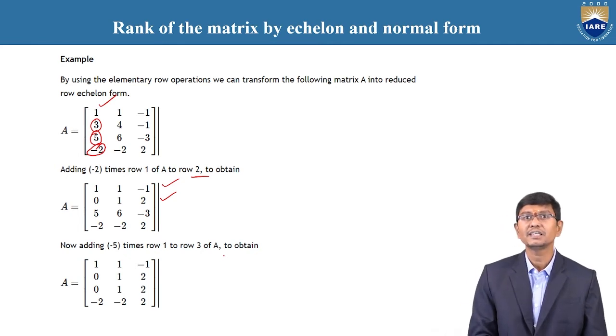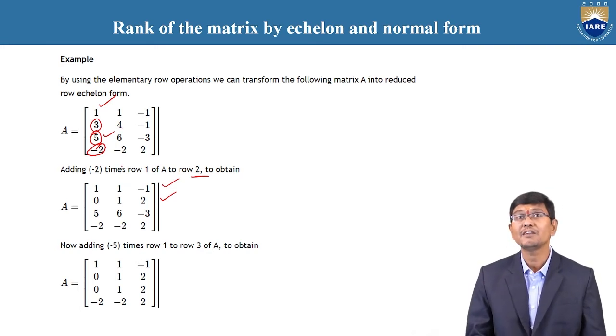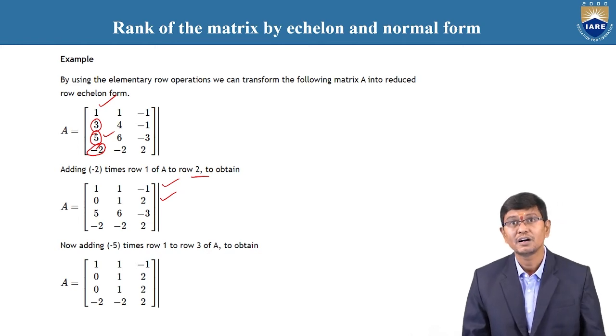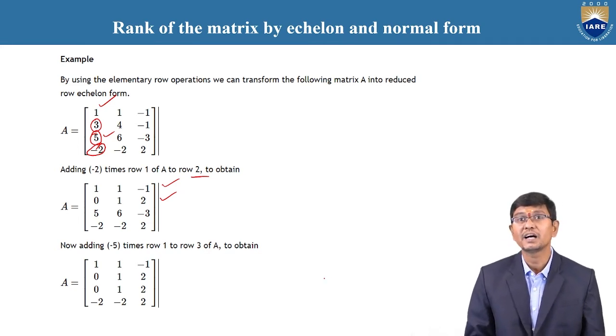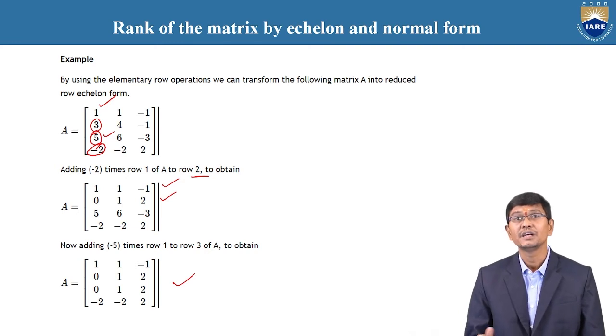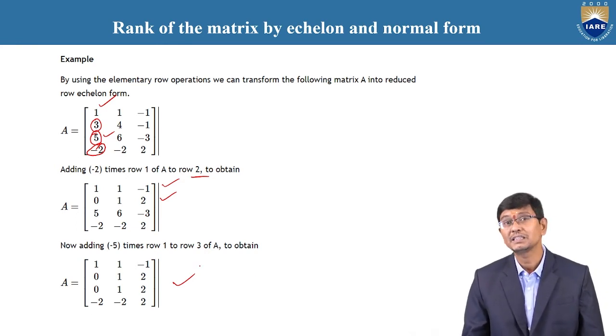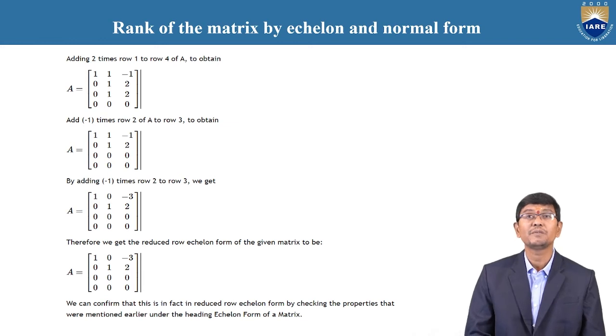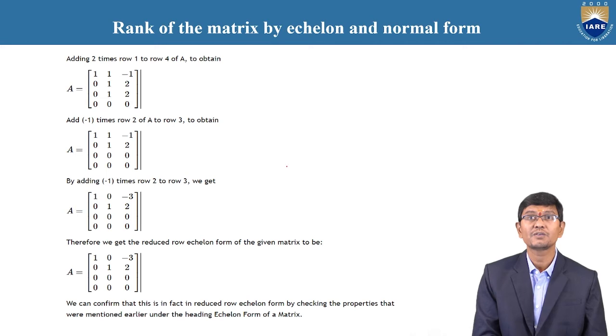And the second one, that 5, we also need to change to 0, similarly with the help of R1, that is, R5 minus 5 into R1. Automatically the second element 5 becomes 0. And finally we need to change the -2 to 0 with the help of R1 only. Therefore, R4 plus R2 into R1, then automatically the value is 0 only.